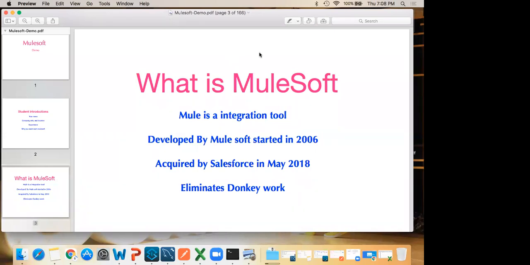Earlier the market was also good, but not up to the mark we were expecting. Now if you put your resume out in MuleSoft, you may get at least 3 to 4 interviews every week. If you learn MuleSoft, within a month you will get almost 30 to 40 calls.